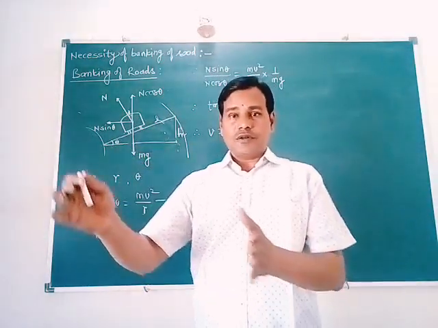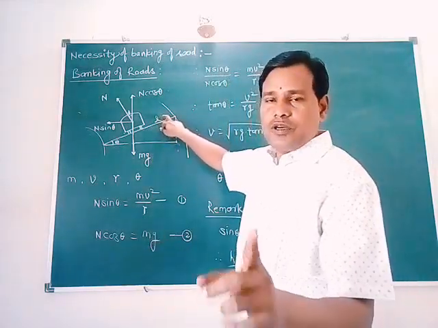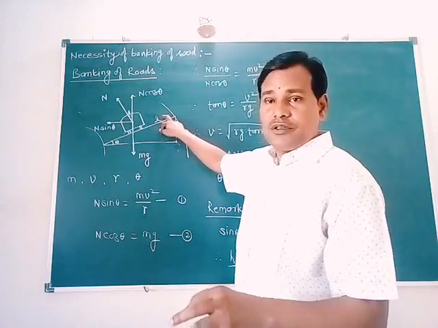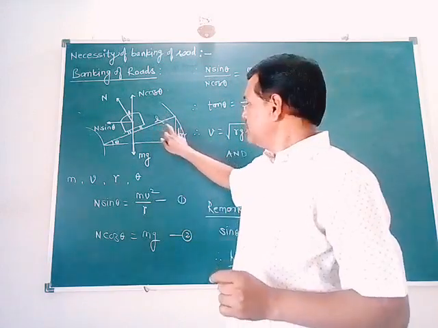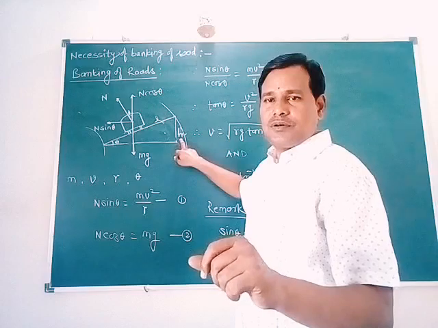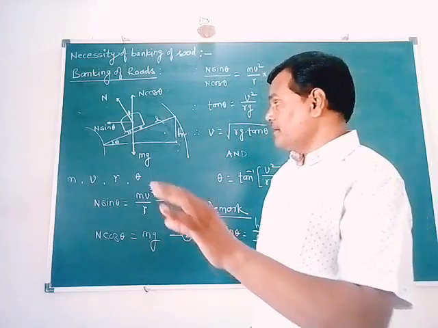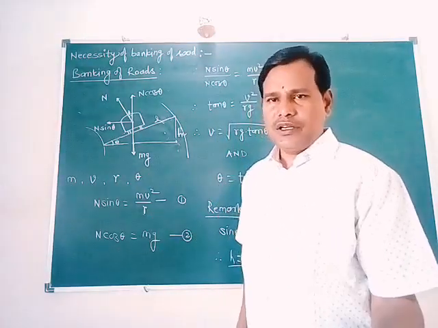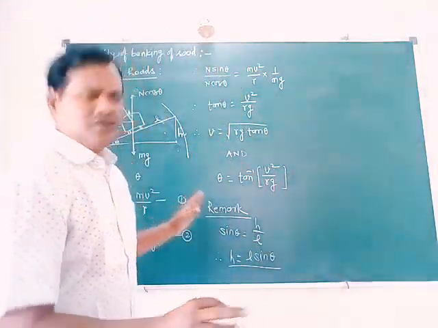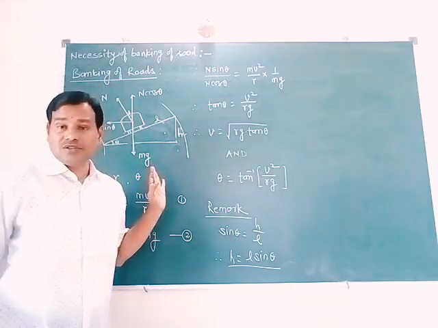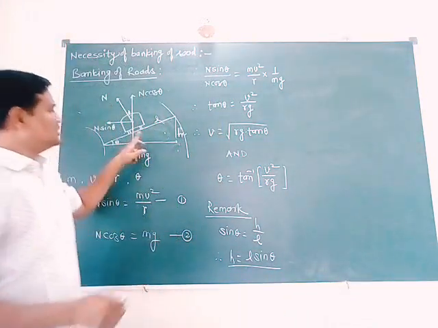In case of turns on a railway track, this distance is maximum 1.5 or 1.6 meter in case of broad gauge. If it is meter gauge, then it is only 1 meter. This height may be in millimeters or maximum centimeters. And the angle of banking in case of railway track is below 10 degrees, or in a few cases it may be greater than 10 degrees, but nearly it is always less than 10 degrees. In case of road surfaces also, this theta is always an acute angle.